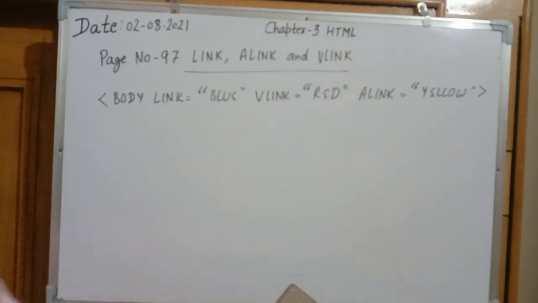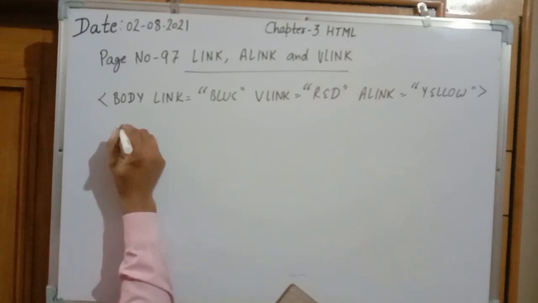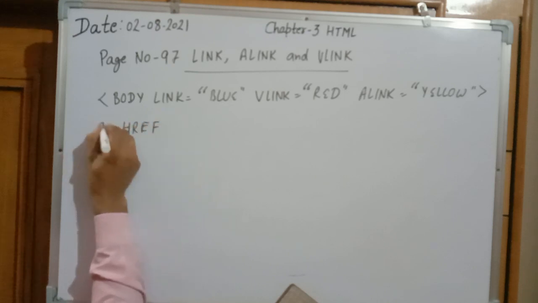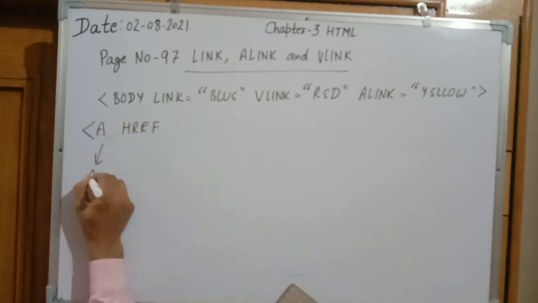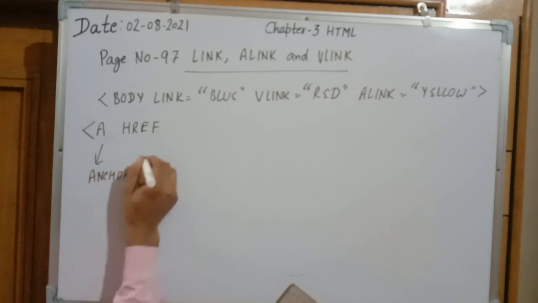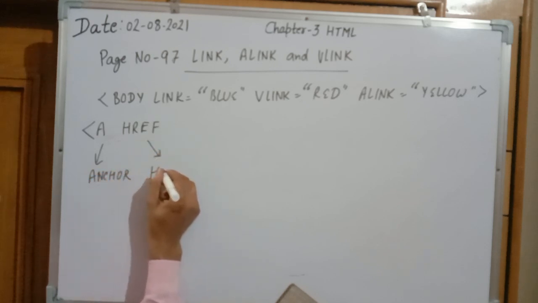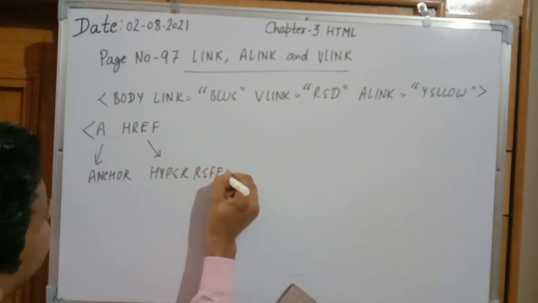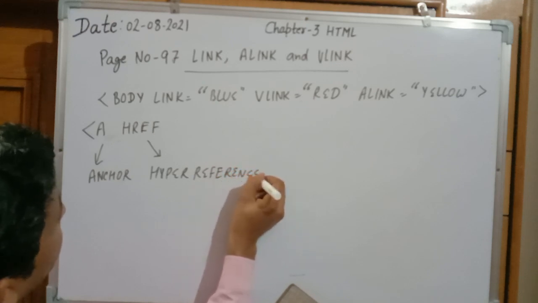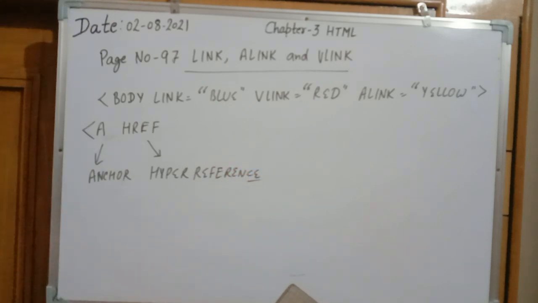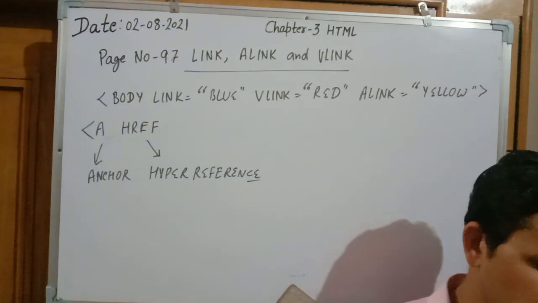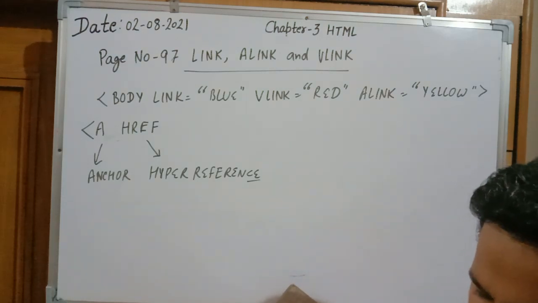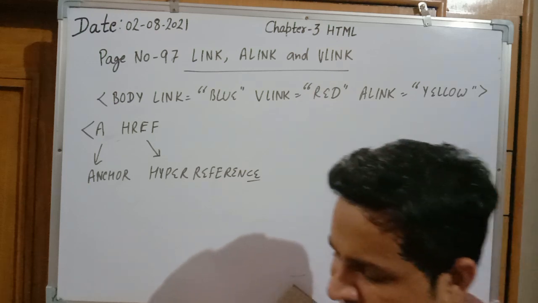In this program, three links are given. One more attribute is written, that is href. What is the meaning of A? A means it is an anchor tag. And the meaning of href is hyper reference, that will contain the address of any specific website. As per example, it is given a href equal to www.goelbooks.com, and afterward it is written Open Goel Brothers Prakashan. The same for the others, it is google.com, third is yahoo.com.